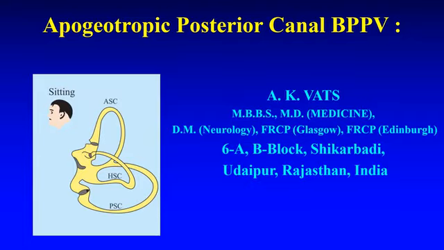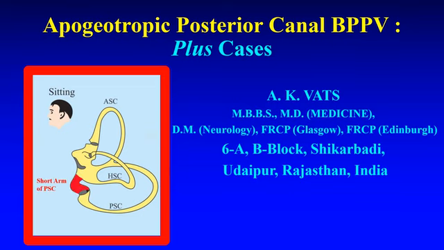Good morning. This morning I am discussing Apogeotropic Posterior Canal BPPV, the plus variants, that is something other than just Apogeotropic Posterior Canal BPPV. So the red one is the short arm of the posterior semicircular canal of the left side. The green one is the long ampullary arm of the posterior semicircular canal, and this in pink is the non-ampullary arm. An otoconal debris that dislodges from the utricular macula and gets embedded